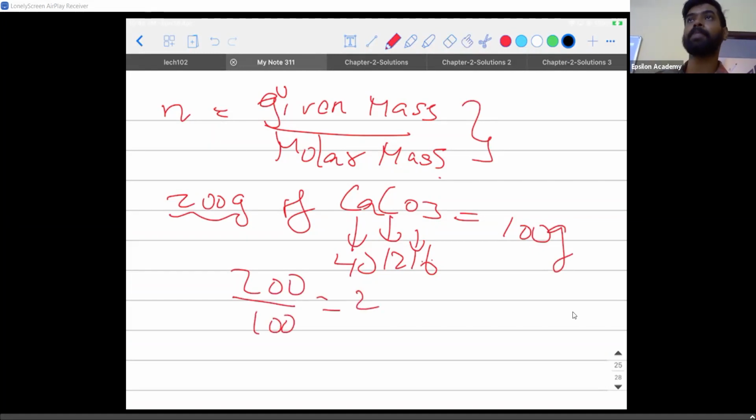very simple, right? Why am I telling you this? Because in the questions, if they ask you to calculate the molarity or molality, they will not directly give the number of moles. They will give you only the given mass, some amount of mass dissolved in some solvent, something like that. So all you have to calculate is the number of moles of solute, and you will be calculating it with the help of this formula.